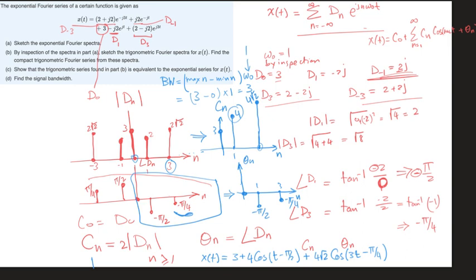I didn't quite get how we got omega naught. By inspection, by looking up there. The exponential is supposed to be e to the j n omega naught t, right? Now we have e to the j t, and n is always an integer, so let's assume that because that's the lowest one that we have. And then we have e to the j 3t, and maybe some other expressions have 5 and 6 and 7 and so on, right? So if we had e to the power of -2t, and that's the lowest that would be,